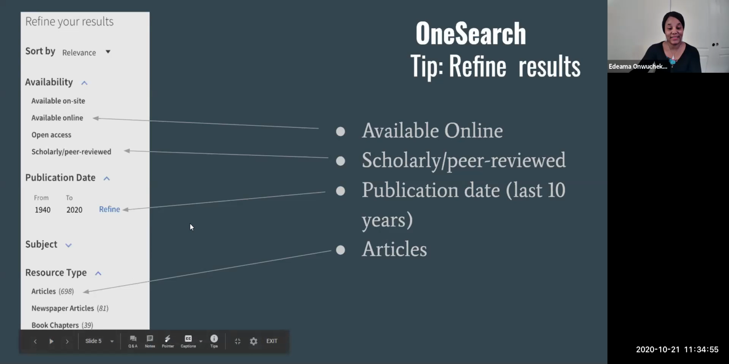Again, your instructor might say, I want an article and I want 2 book chapters. You could actually do that. So you could actually just click on articles and click on book chapters, and it refines your result based on that. So right now, I'm going to stop sharing the screen,